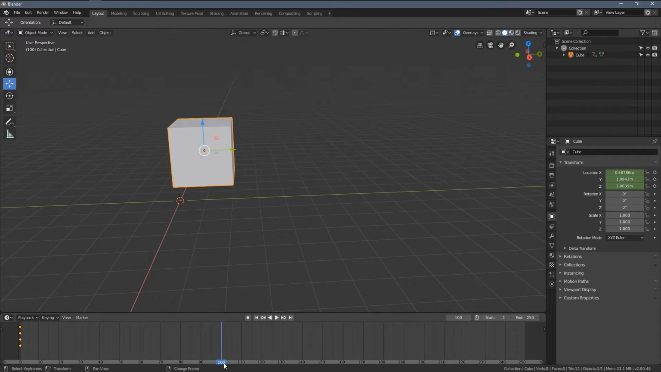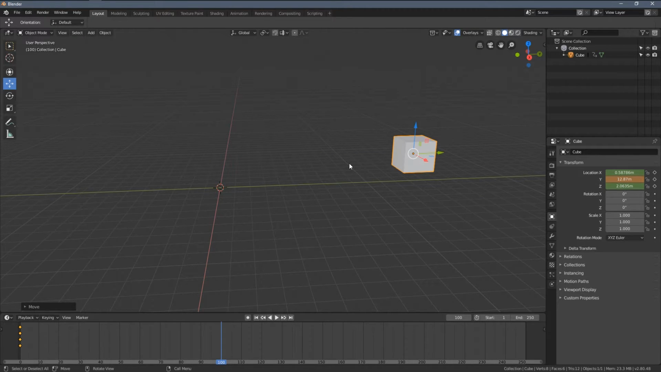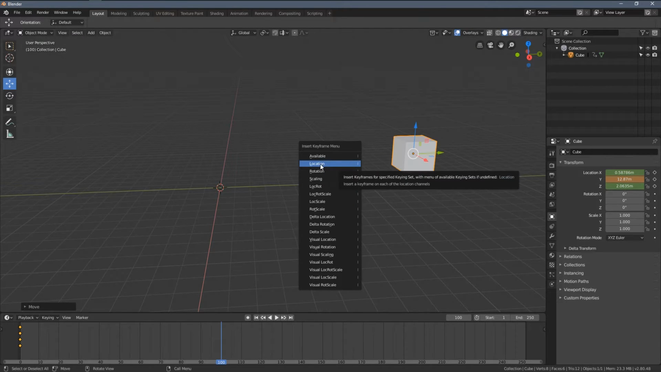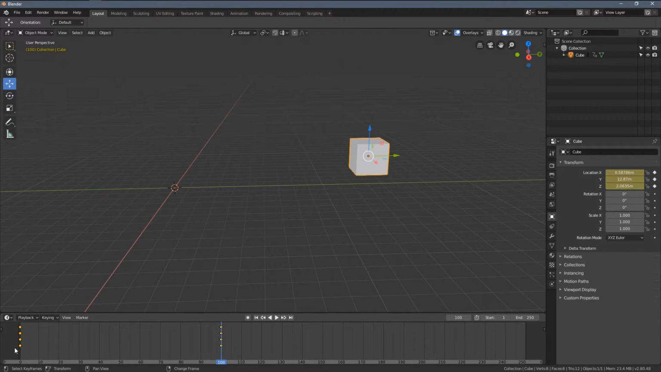So let's go to the frame 100. Let's now move our object here, and let's press the I key again and record the location once again. So now you can see by those yellowy dots here we have the keyframes added for that selected object. If you'd want to play back your animation right now, you would have to move back to the frame 1 and press spacebar. So you can see the cube is moving, but as soon as the timeline reaches those keyframes